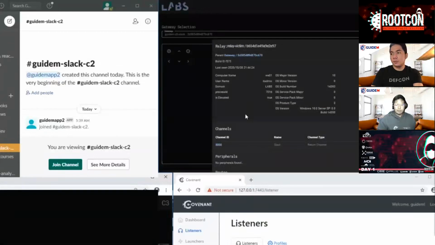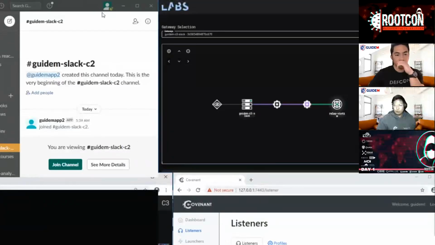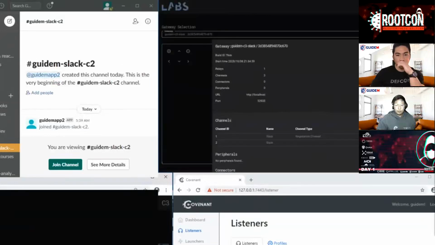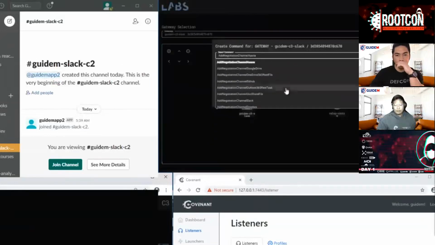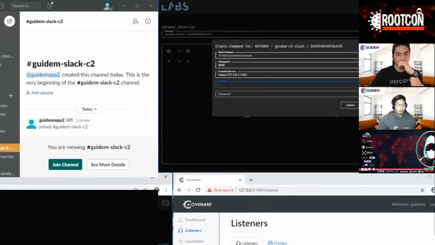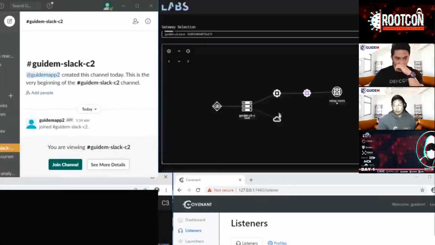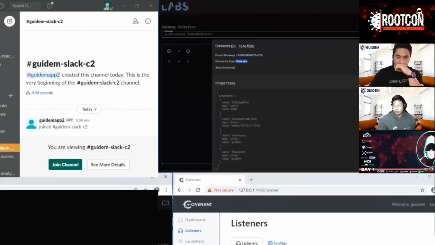Once this relay and channel are set up, we have a way to integrate this into our command and control framework, wherein we just select a feature called turn on Covenant and connect to our Covenant C2 infrastructure, wherein we can leverage more